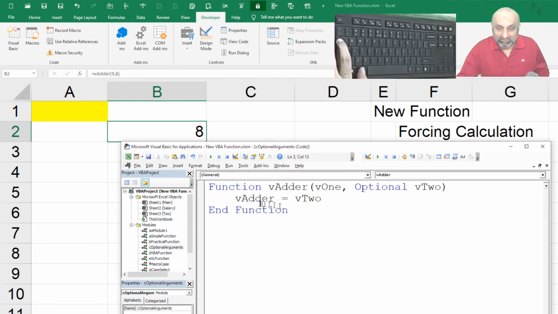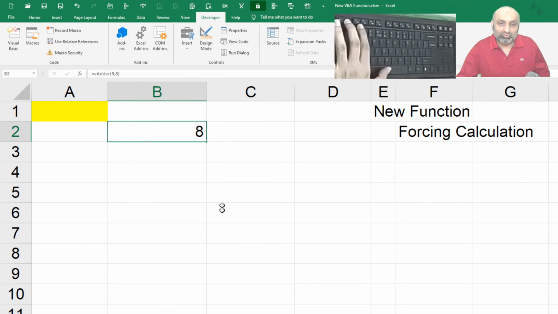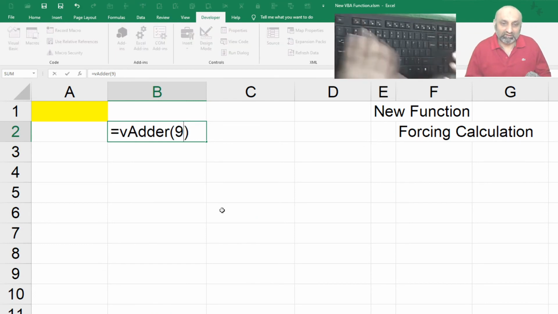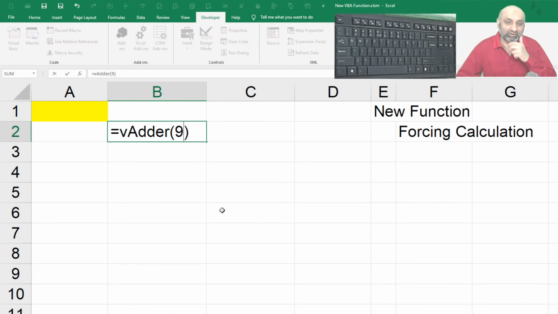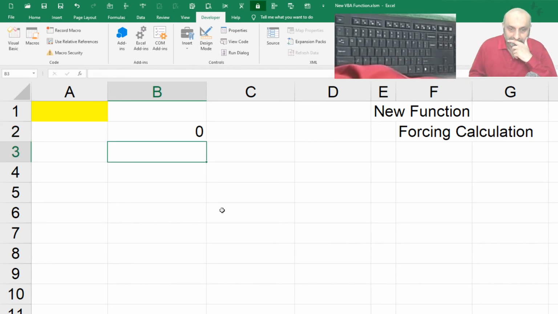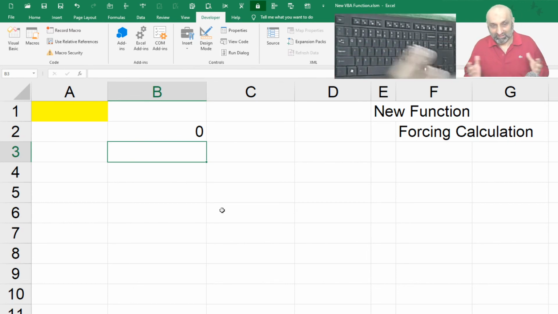If I don't use the second argument and have only one variable, the result is going to be 0, because my second variable has no value.